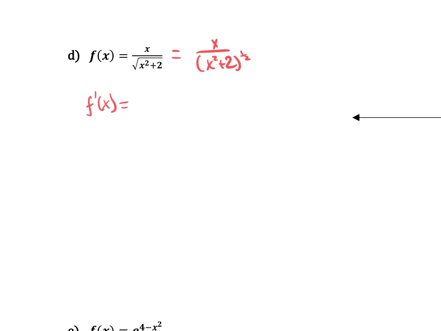So that's going to be the derivative of the top, which is 1, times the bottom, which is x squared plus 2 to the 1/2, minus the top, times the derivative of the bottom. Well, the derivative of the bottom is going to be a little chain rule here. So we got to take the chain rule for this bottom here, drop the 1/2, subtract 1, so we got 1/2 times x squared plus 2 to the negative 1/2, times derivative of the inside, 2x, all over